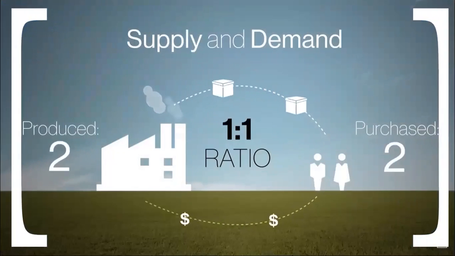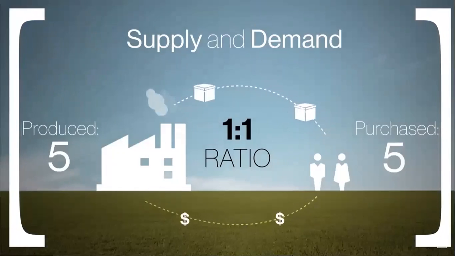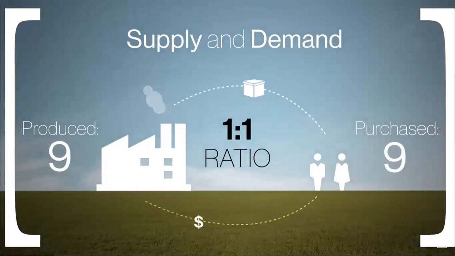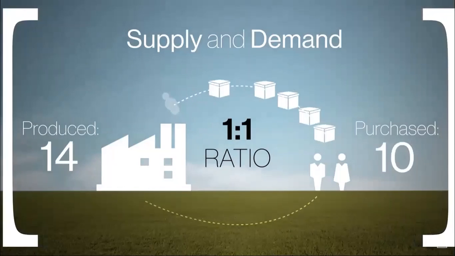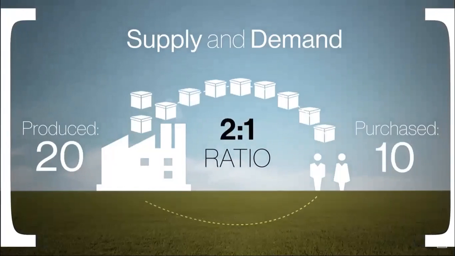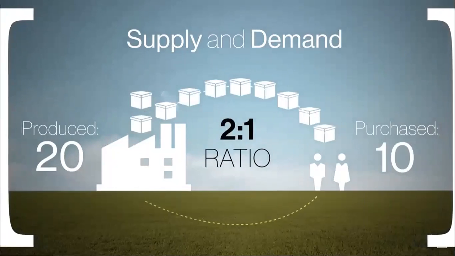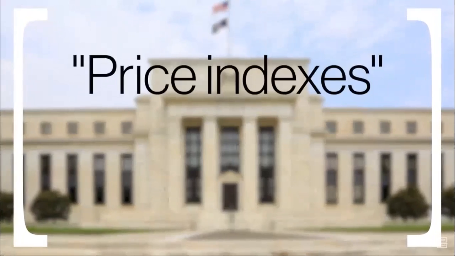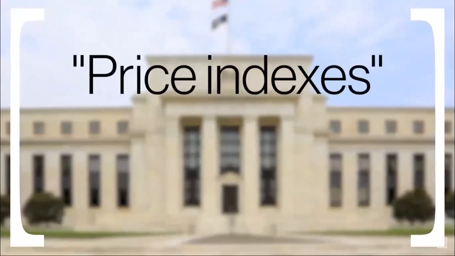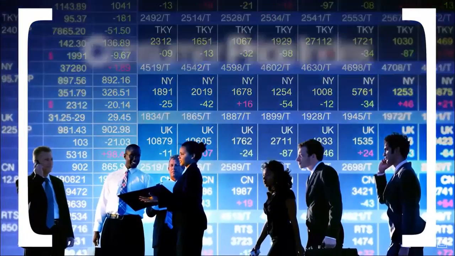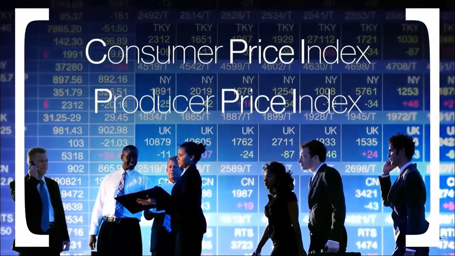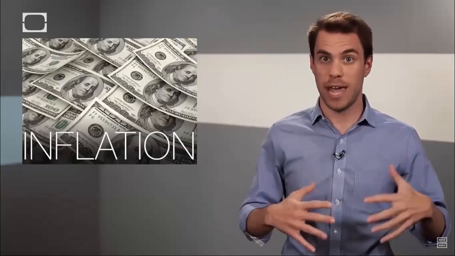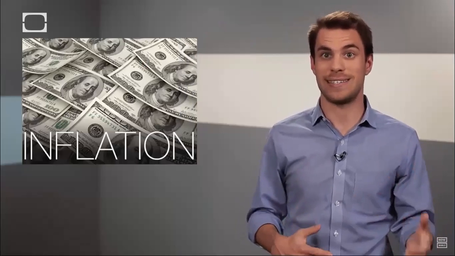In a year, let's say, if everyone bought the exact amount of goods and services which were produced, this ratio would be 1:1, and there would be no inflation or deflation of prices. However, if more or less goods are produced than normal, or more or less people want to buy them, prices can fluctuate. The Federal Reserve keeps watch of inflation patterns via long-term price indexes, or the change in inflation rates for various categories of products. The CPI, or Consumer Price Index, and the PPI, or Producer Price Index, are two commonly used measurements. One looks at how much consumers are paying for products, and the other looks at the prices listed by the